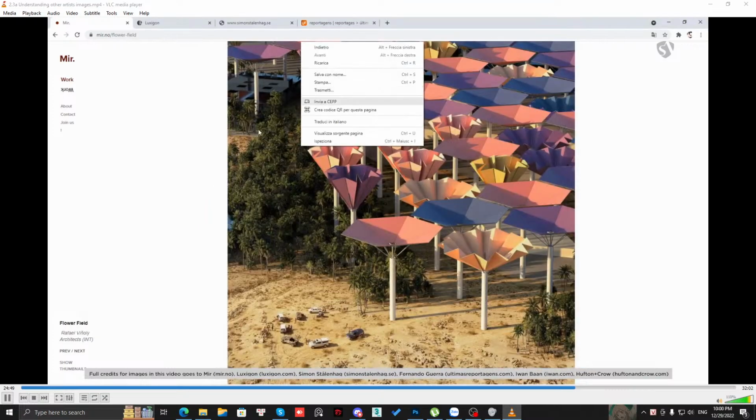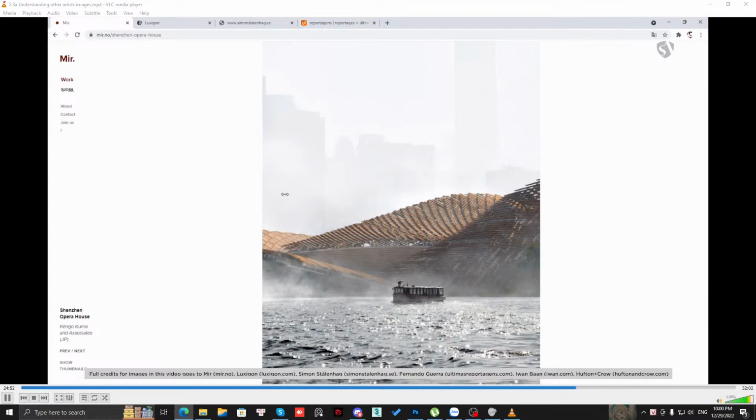Let's go to another image. Oh, this one. I mean, if I see something like this,